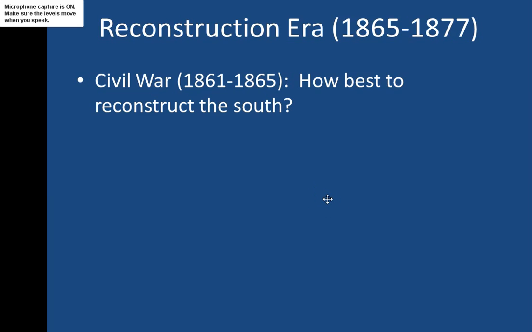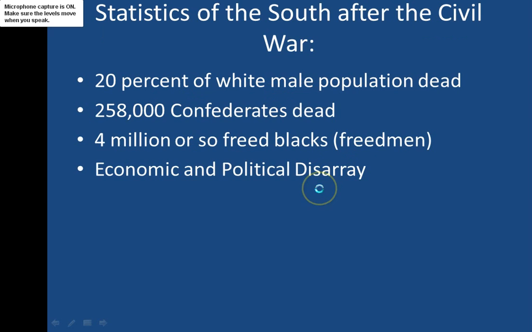Well, here we go with Reconstruction. As you can see, Reconstruction takes place in a 12-year period from 1865 to 1877. And the big question is how to best reconstruct the South, because basically the country has been destroyed by the Civil War. So to show you how much it has been destroyed, you look at some of these statistics, and